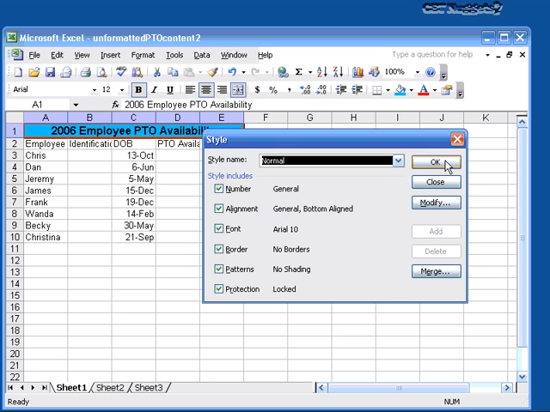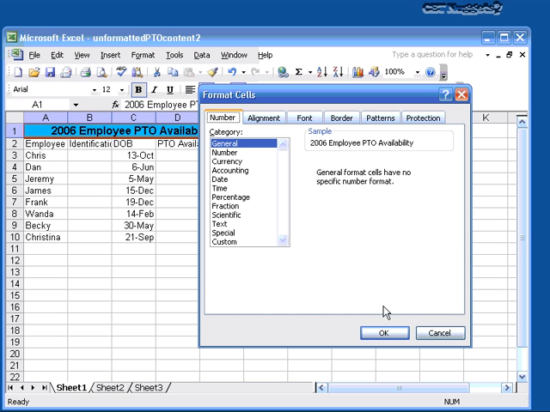Now, until I click OK, I want you to see this. It won't change anything over here. It's going to keep it the same. But I'm going to want to create normal plus. So normal plus. Now, right now, it will grab, by example, what I have here. But I don't want to do that. So I'm going to click Modify, and I'm going to say, no, I want the numbers,